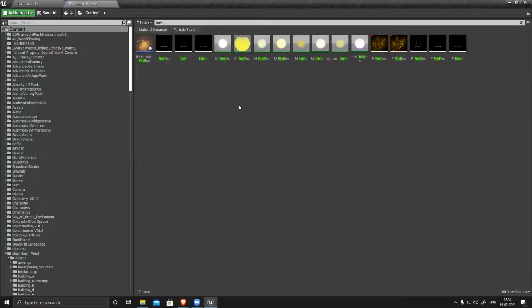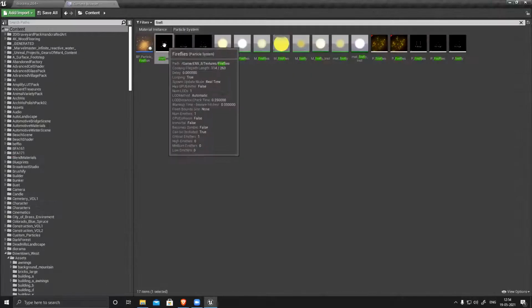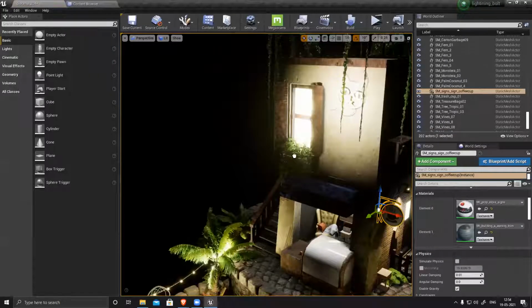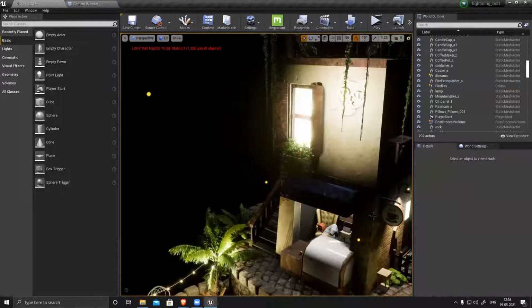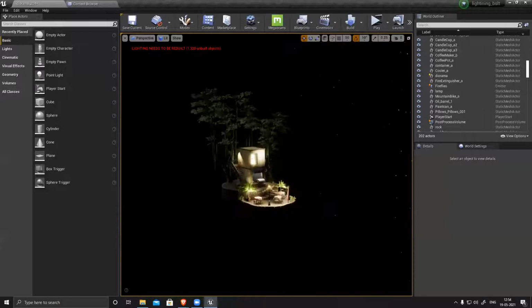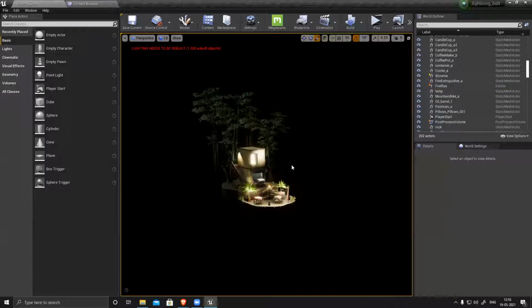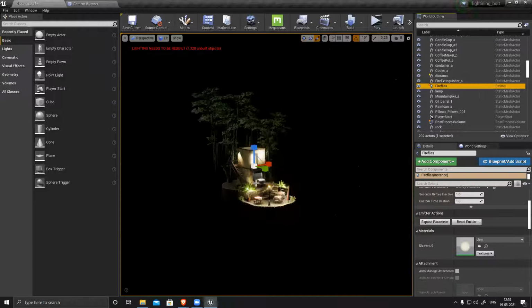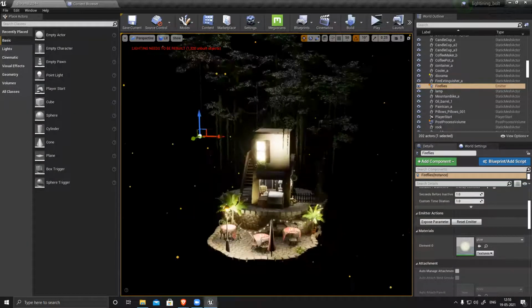Not this one, just this one. Yeah, this one. So it's basically small particles. It's huge, so I can reduce it. Because if it's a night scene, usually fireflies you see at night only.